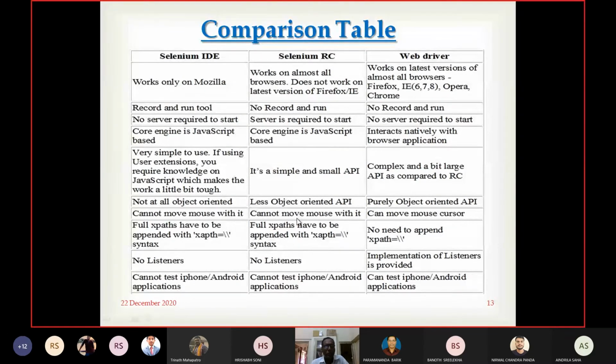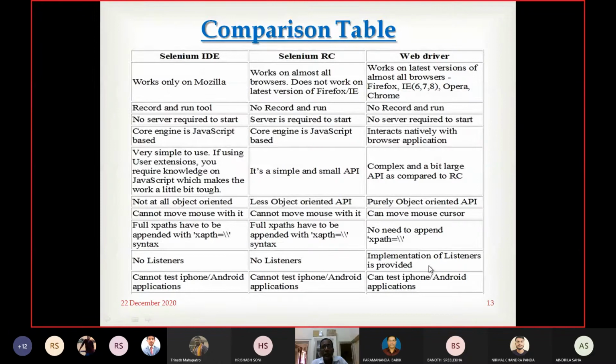In Selenium IDE, full XPaths have to be prefixed with "xpath=", followed by the full XPath syntax. Similarly in Selenium RC, but in WebDriver it is not needed to add this prefix. In Selenium IDE and Selenium RC, there are no listeners. I hope you already know listeners from Java, etc. But in WebDriver, an implementation of listeners is provided.